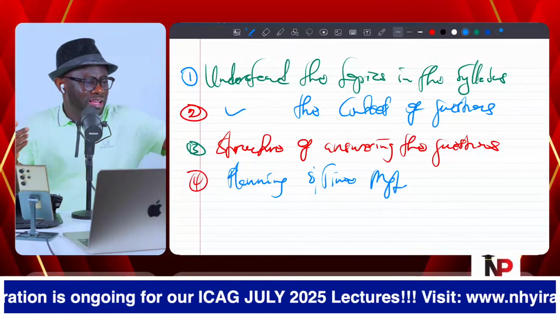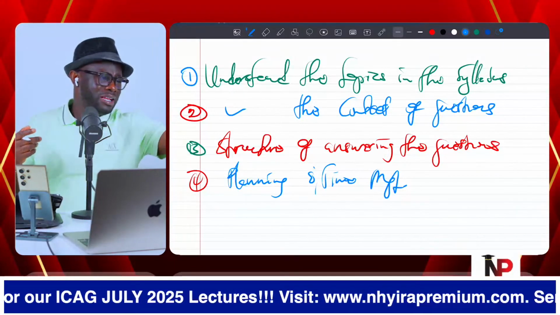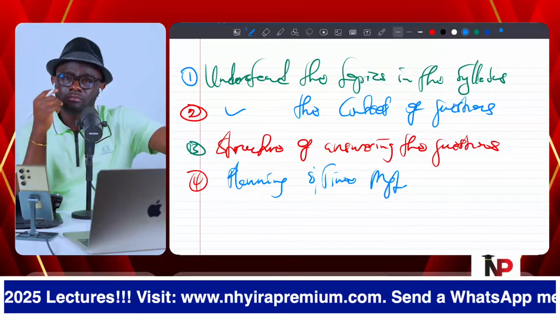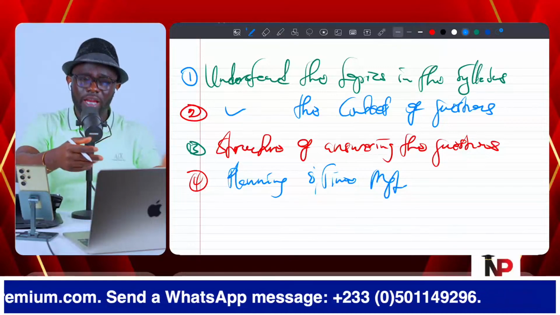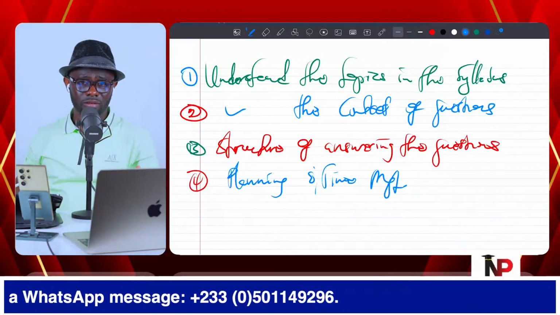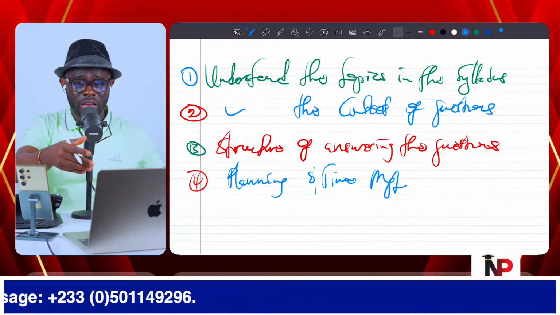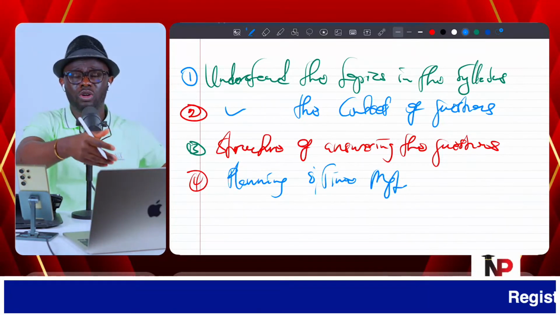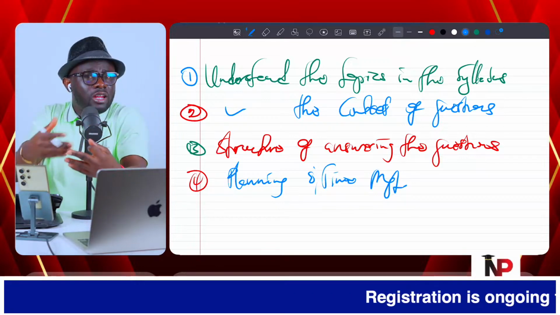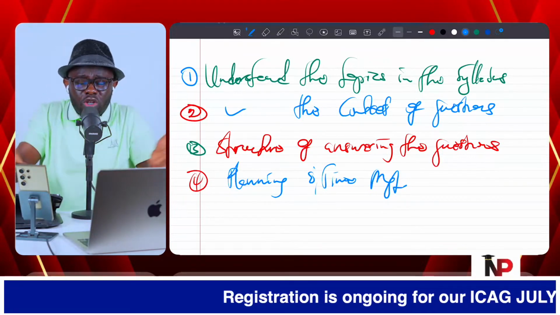Why? Because the book is too big. When I pick the book, I don't know where to learn. Yeah. You will pick the book and not know where to learn because you don't have a steady plan. You will pick a book and not know where to learn because you are not disciplined enough. You will pick the book and you don't know what to learn because you are not taking responsibility for what you are doing.